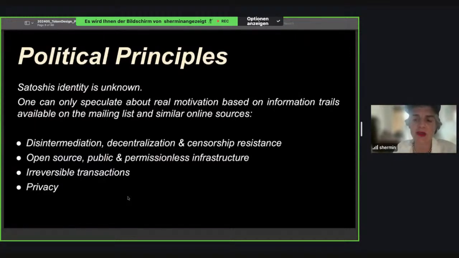writing this white paper and creating the code, based on the information trails that we have available in the mailing list and similar online sources where Satoshi was active, and the first co-developers who helped Satoshi develop the protocol were active. What we can say based on these information trails is that one of the core principles was disintermediation, decentralization, and censorship resistance of state authority. And the censorship resistance of state authority was a result,